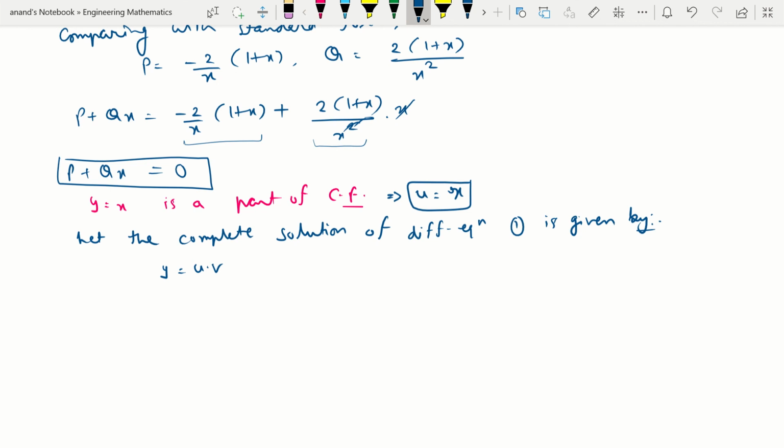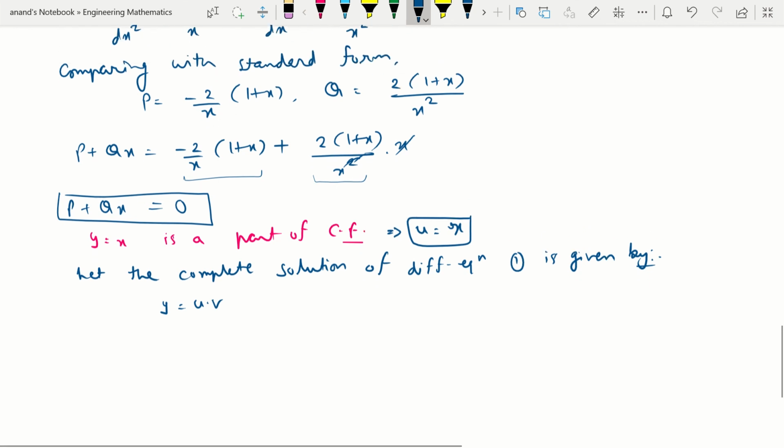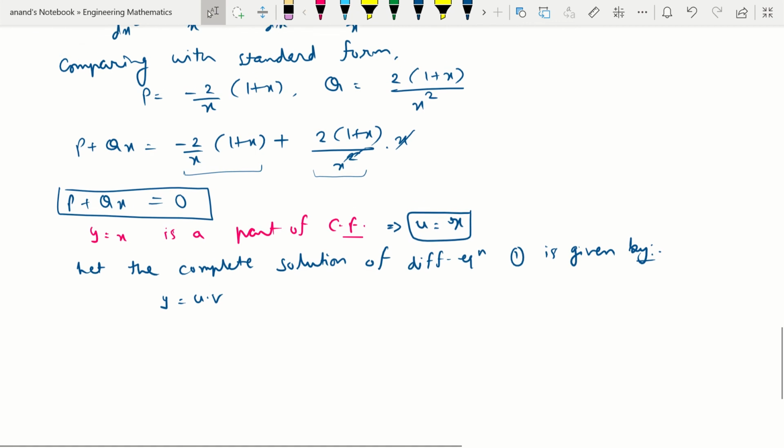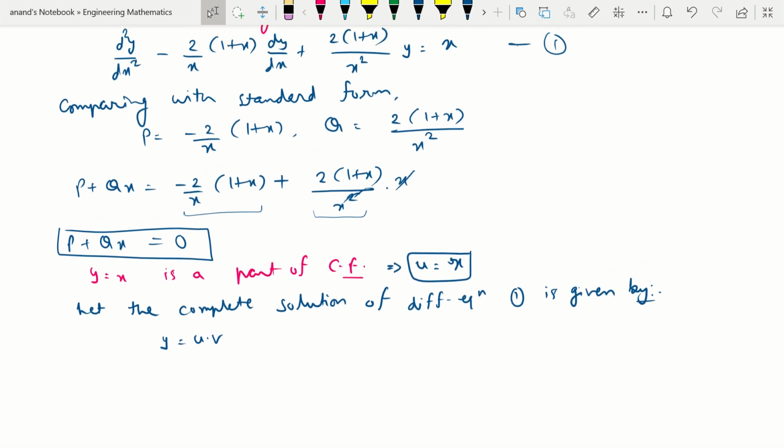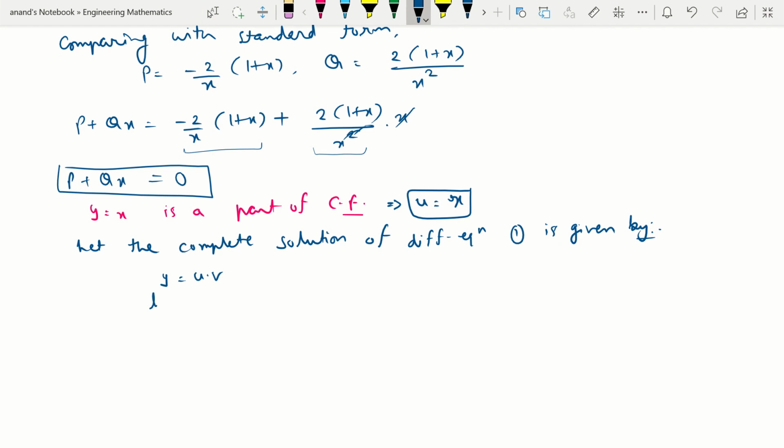Now proceeding in the same manner as we had learned in the methodology concept, we will obtain dy/dx as u dv/dx + v du/dx, and we get